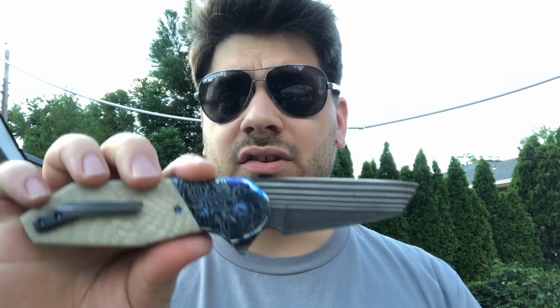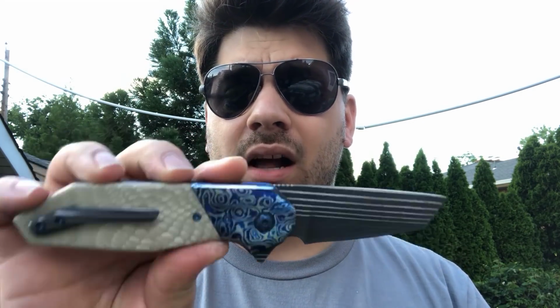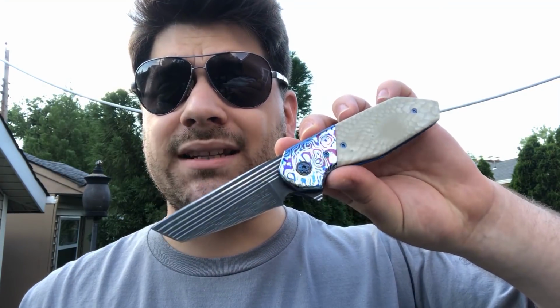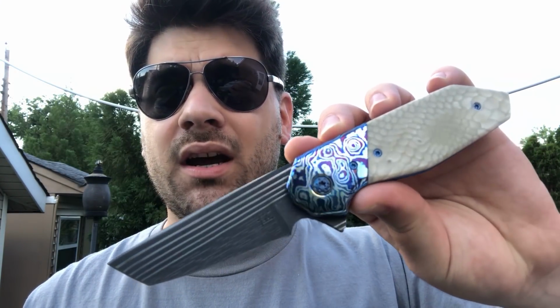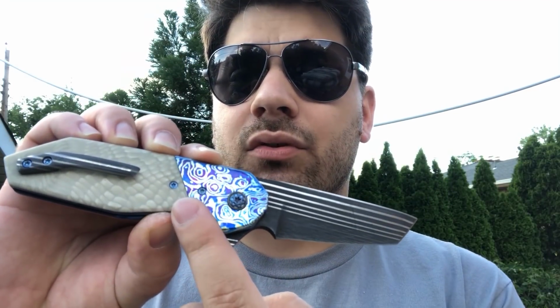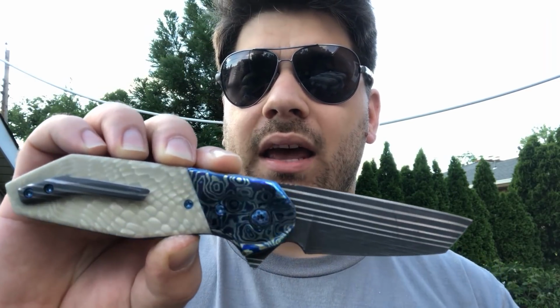And first we sent it back to Jason to get the liners redone in blue. Then I sent the bolsters out to my man Adam Purvis to get those recolored. Then I bought this pivot and sent that out to Matt at Tie Spectrum to get the pivot redone. And finally at Blade Show, when I saw Jason, I got some new screws in the matching blue, and we